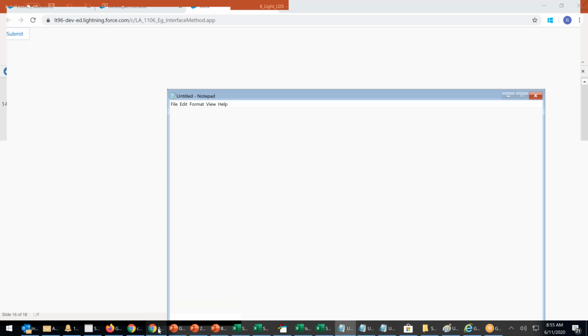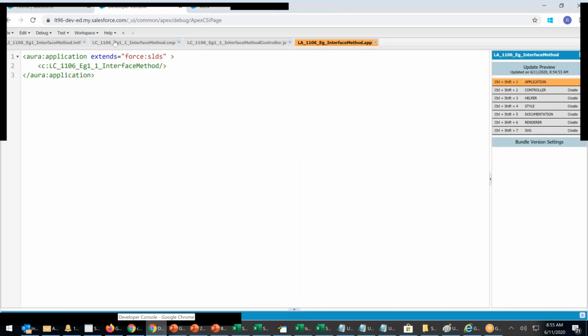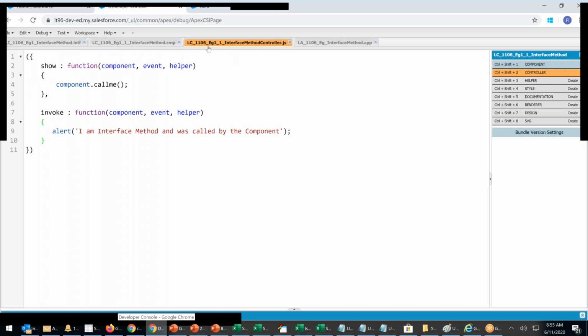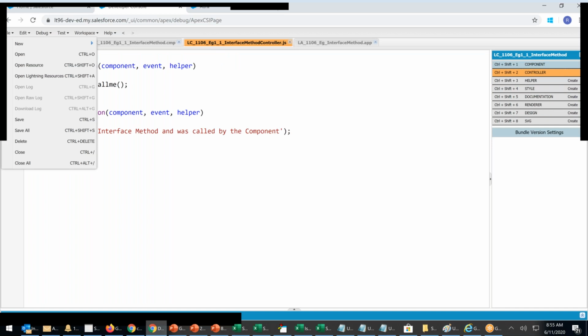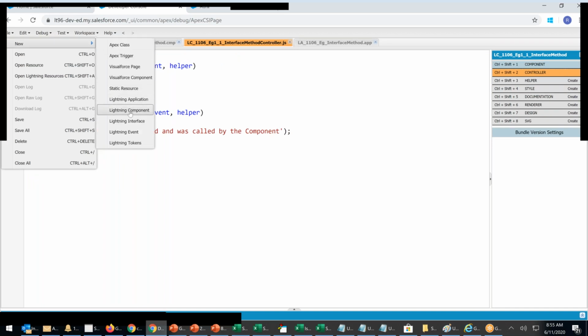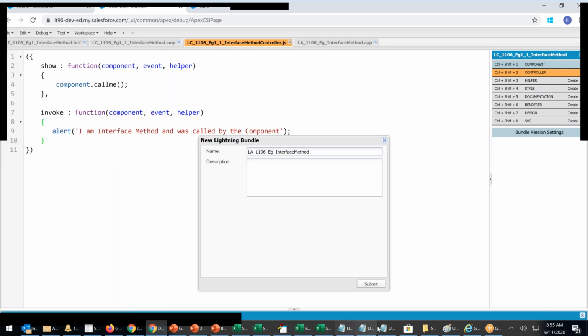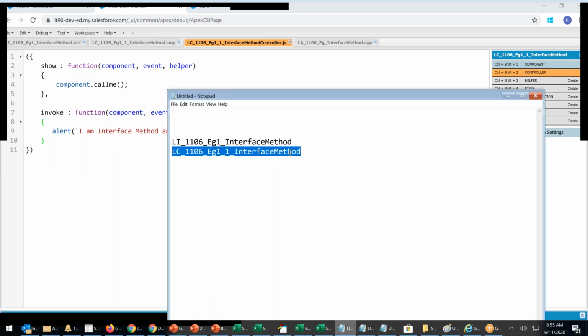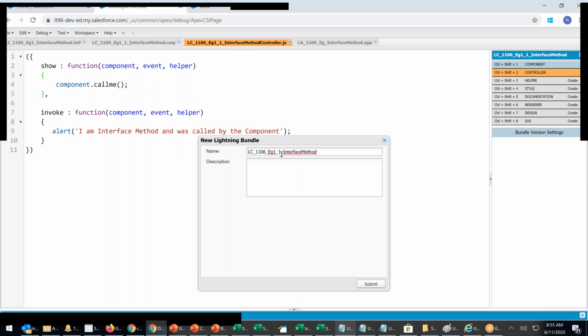Next, I'll create one more component. Now let me go ahead. File, new, Lightning component. I will take the same name as the component one and add underscore 2.